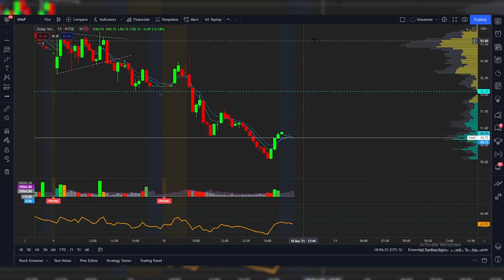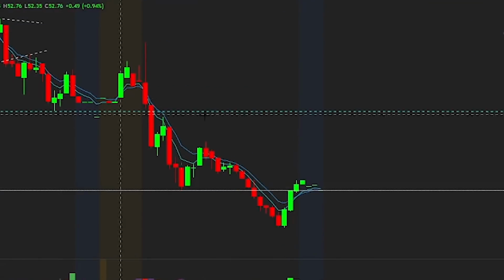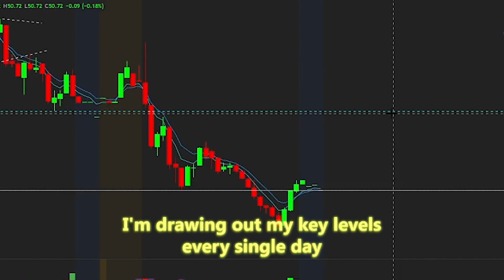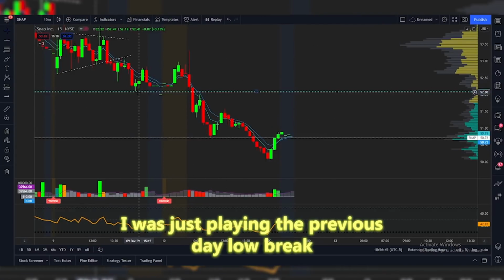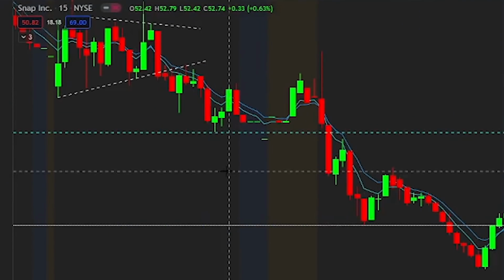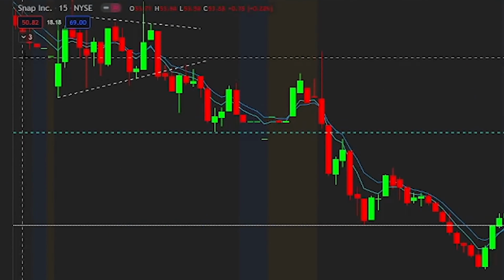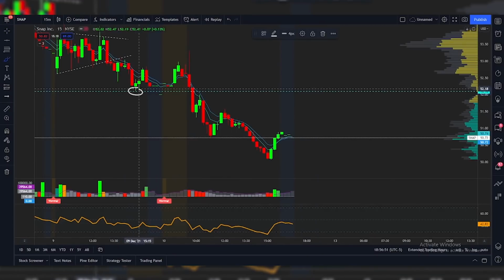So starting off, the main thing I'm looking at is I'm drawing out my key levels, right? I'm drawing out my key levels every single day. So for me on Snap Trade, I took this Friday as I posted. You guys can see I was just playing the previous day low break, and right there you guys can see we got a nice